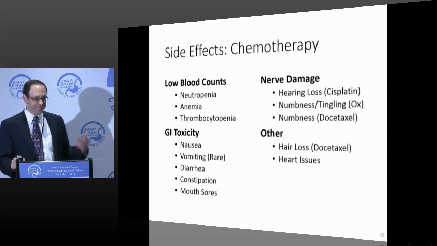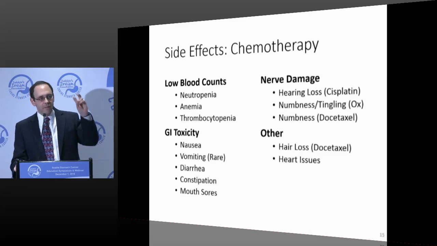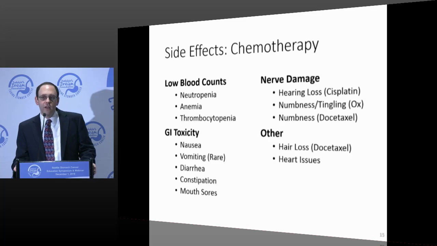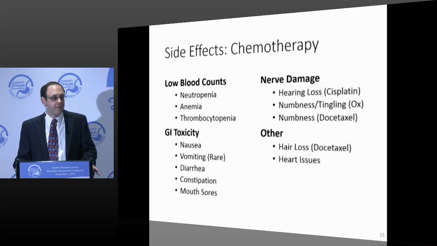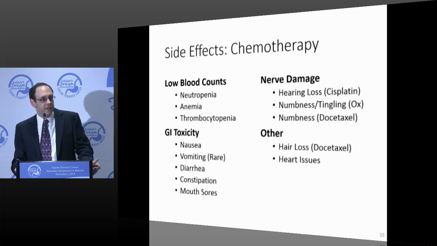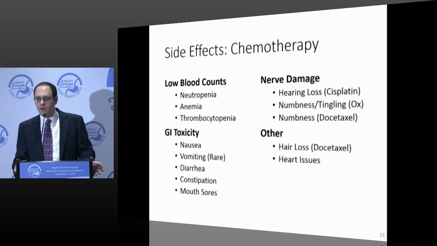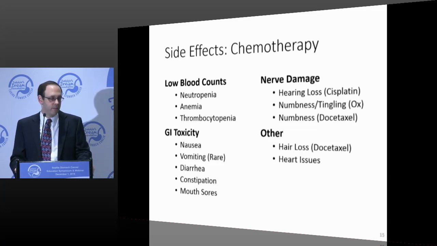So side effects of chemotherapy. Everyone thinks of chemotherapy as targeting fast-growing cells, and there's a whole long list of side effects. But what really happens to most people is, one, it does affect your bone marrow, so you get low blood counts. Neutropenia is low white blood cells. There's in truth only a small risk of developing infections with that. You can get anemia or low red blood cells, which can cause fatigue. And thrombocytopenia, big fancy word to say low platelets, which is what stops you from bleeding. Those usually also don't go low enough to cause any problems, but